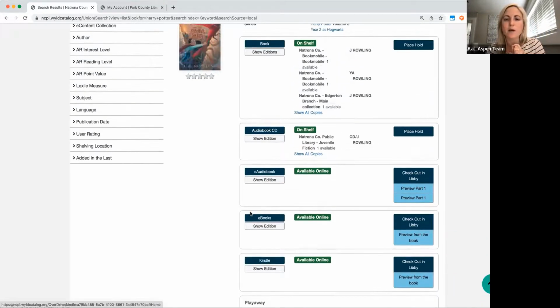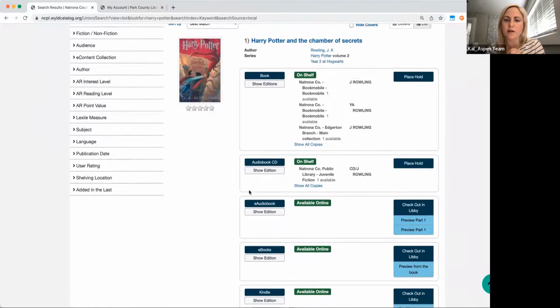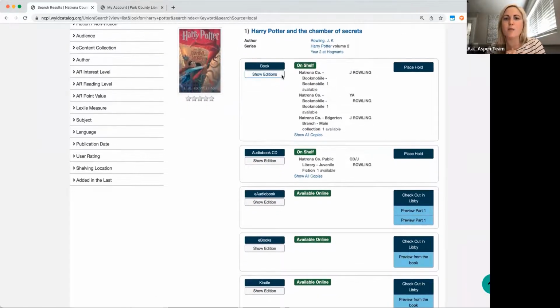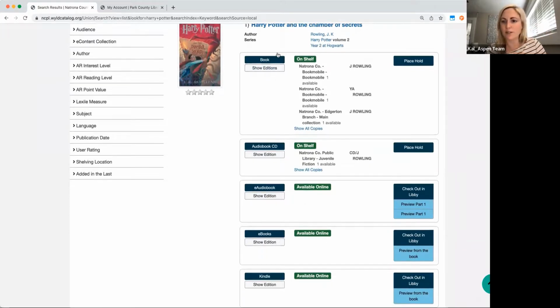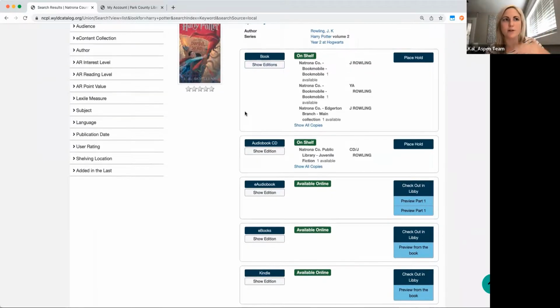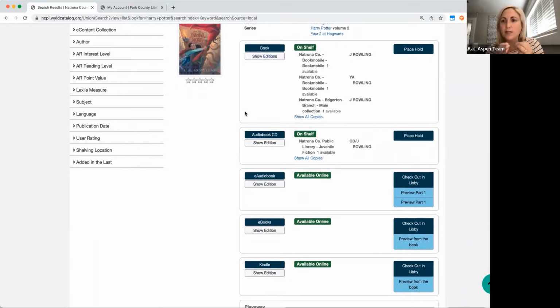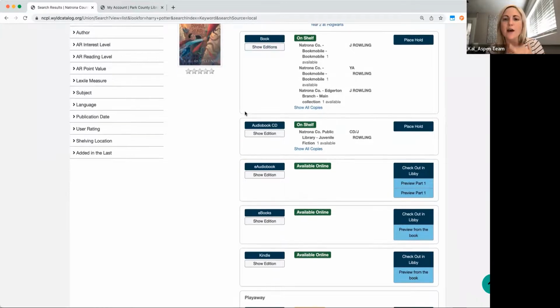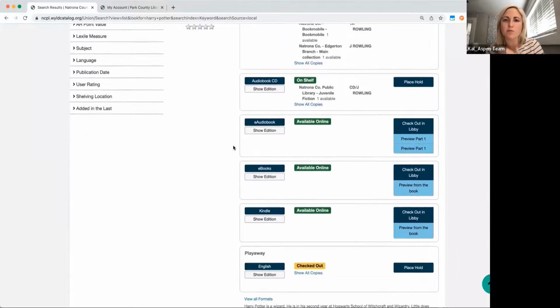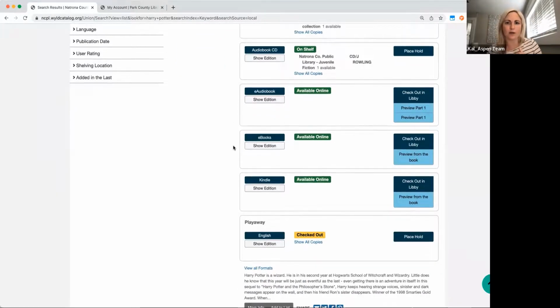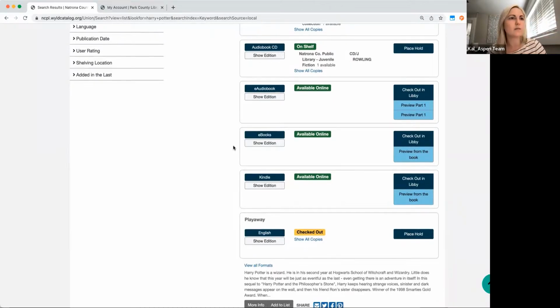Another thing to point out with the sorting of the formats on the group work. Book will always be at the top. So literally the word book. So BOOK will always be first. Our preference is that folks are maybe looking for the actual print edition of the work. And then everything else that you have format wise will be alphabetical underneath book. So just if that helps you with scanning a record to see what formats are available.